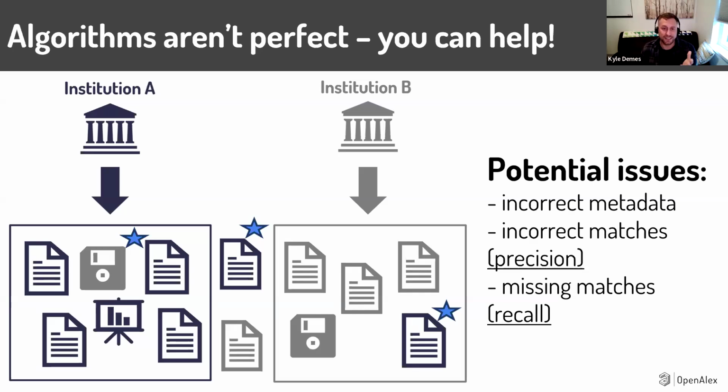The first one, institution A, you can see this data set is gray, and it should have been institution B. So that's an error where we matched it to institution A incorrectly. So we call that a precision error. It's also a recall error for institution B because it should have been over to B and we didn't recall it effectively. And that's the same with the blue publication in institution B. And then there's ones where we get a string and we can't match it at all. We don't know what to do with it. It doesn't get matched to any institution, and that's a recall error.